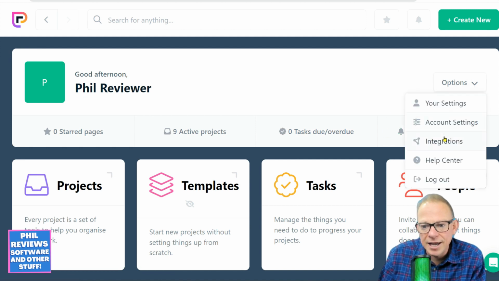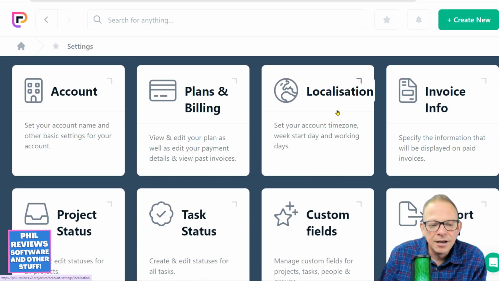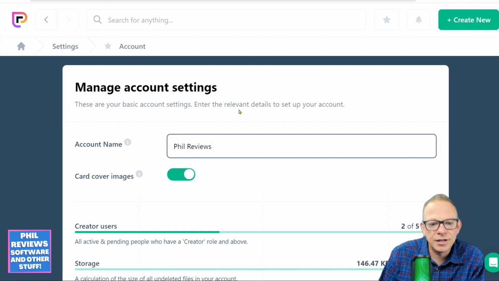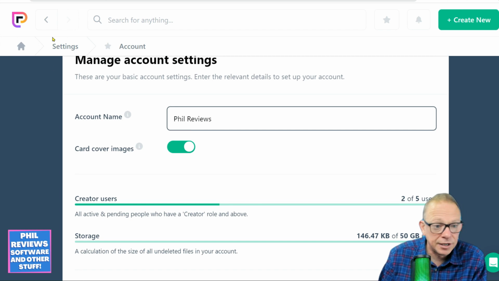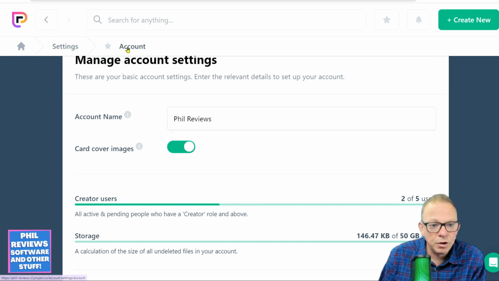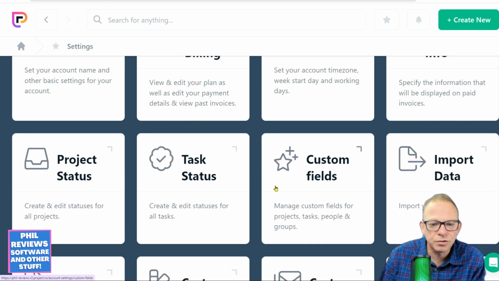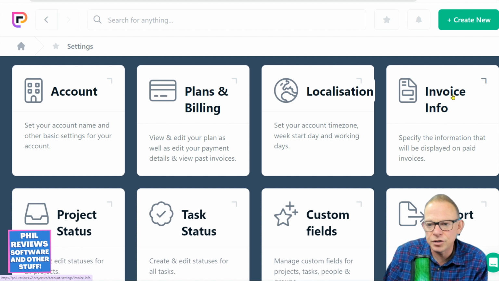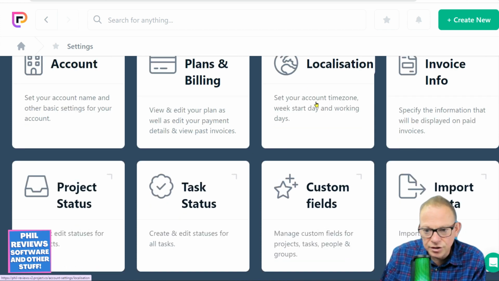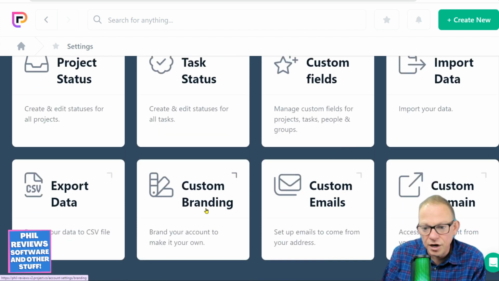And just to show you again, the account settings here will be your account. This is where I've got an account with up to 5 creators who have the full access, and also a 50 gig storage on my account, different levels obviously on different packages with ProjectCO. And just to show you also on the account, I just want to scroll through. These things aren't really that important. You can actually set up your invoice, so it's got your headers and footers. You can say where you are,